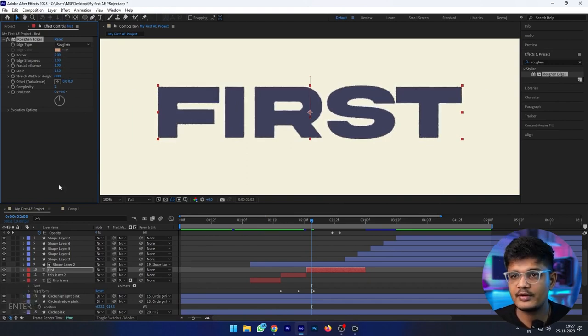So before, after. They use this effect called roughen edges.